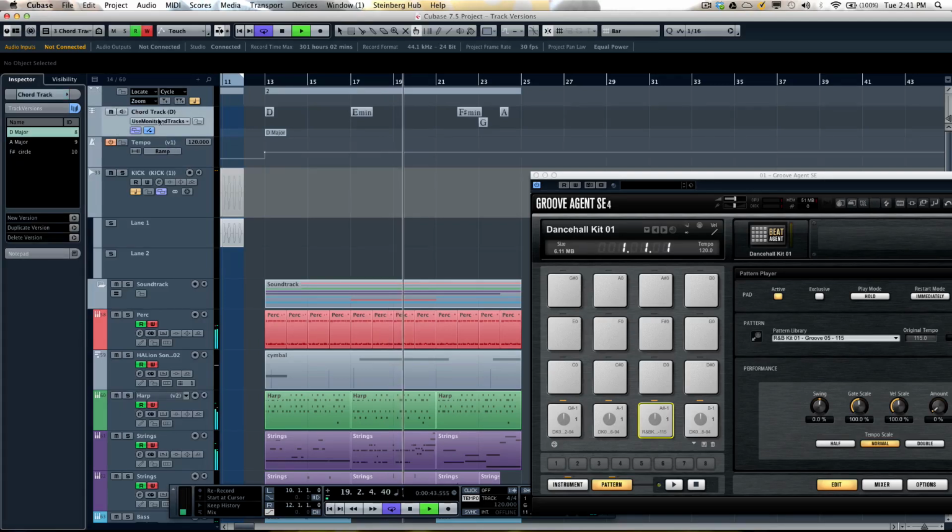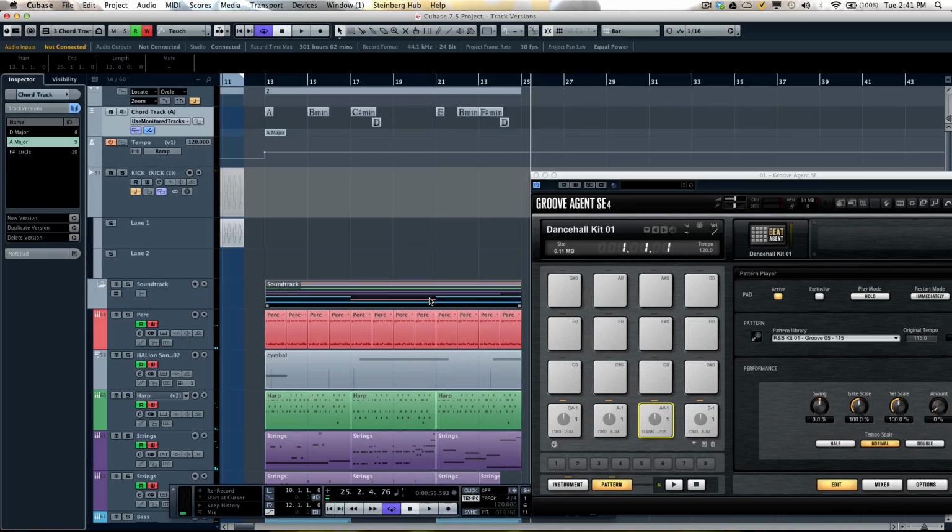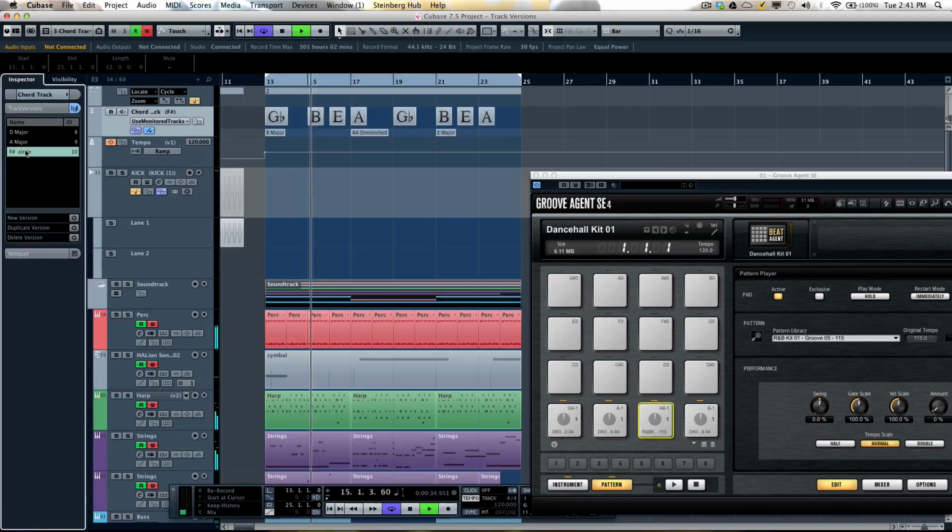Or if I wanted to have different chord tracks, say instead of D major, I want my chord track to be based in a different chord. So this way I'll just put this into a loop, and as you play, or if I want to do maybe an F sharp,